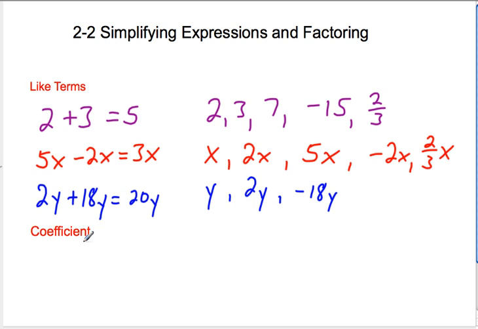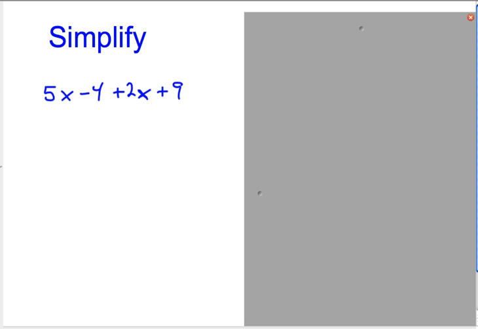Now, coefficient is the number in front of the variable. So 2 is the coefficient of 2y. 18 is the coefficient of 18y. It's the number that is being multiplied to the variable. Okay? All right. So first of all, we want to learn how to simplify